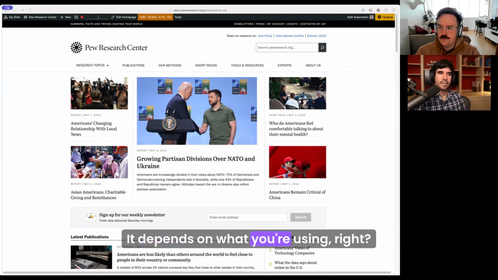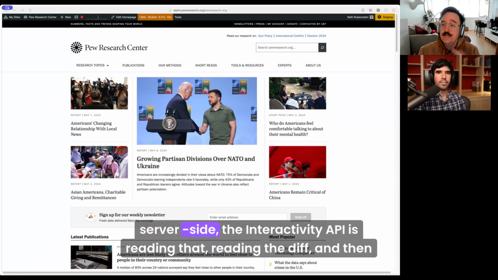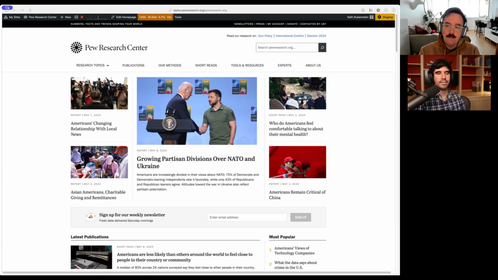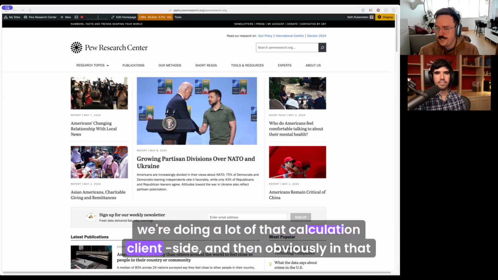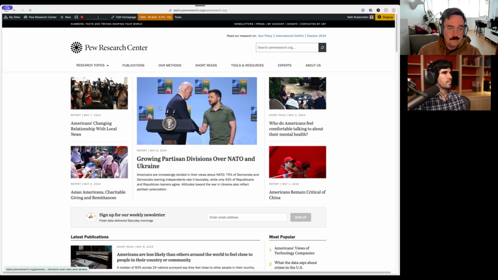It depends on what you're using, right? So the facets, that's rendering server-side. Or at least the markup is changing server-side. The interactivity API is reading the diff, and then if there is, rendering out the diff. We do have other applications where we're not doing the server-side stuff, where we're doing a lot of that calculation client-side, and then obviously in that case, we kind of have like, well, actually, to give you an idea,